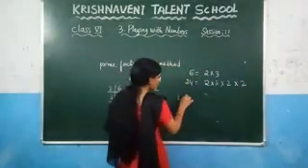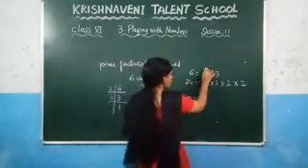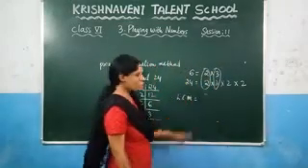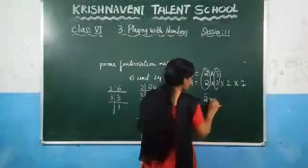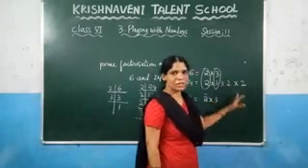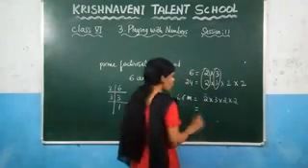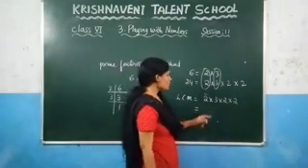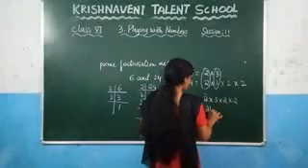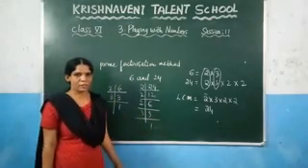To find the LCM of the given numbers, first you need to check what the common factors are. In this, what is the common factor? 2 is the common factor and 3 is the common factor. You need to make a product of these two values, and then write the extra factors. What are the extra factors that are left out here? 2. So write it here: into 2 and into 2. So what is the LCM in this case? 2 2s are 4, 4 2s are 8, and 8 3s are 24. Like this you need to find the LCM in the prime factorization method.